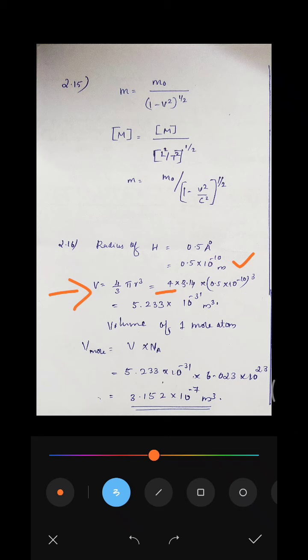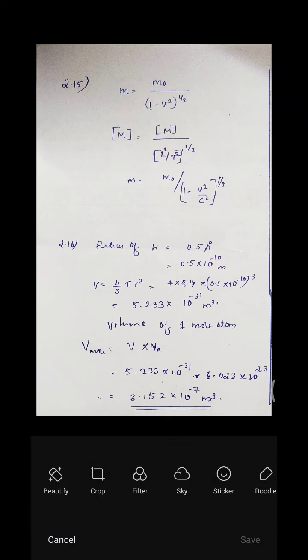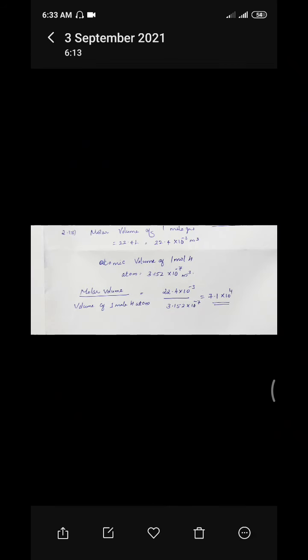Okay, so 5.233 into 10 to the power minus 31 into 6.023 into 10 to the power 23. So the answer will be 3.152 into 10 to the power minus 7 meter cube. Okay, 3.152 into 10 to the power minus 7 meter cube will be the volume of 1 mole of hydrogen atoms. Is it clear? Okay, now let us come to the next question, that is